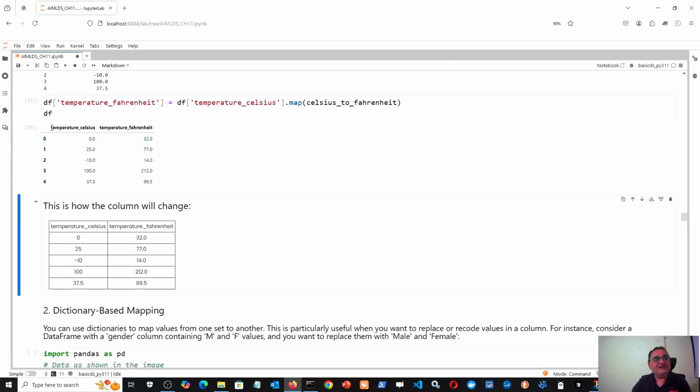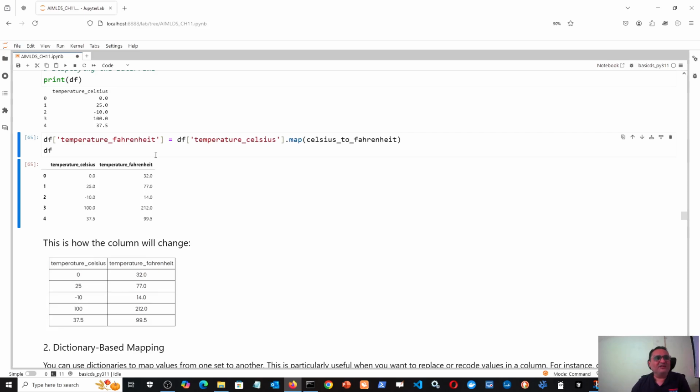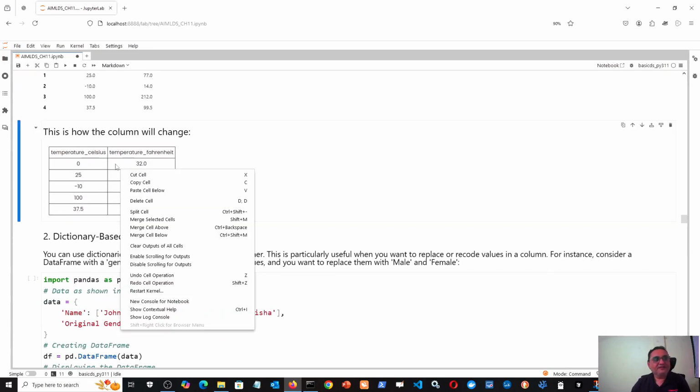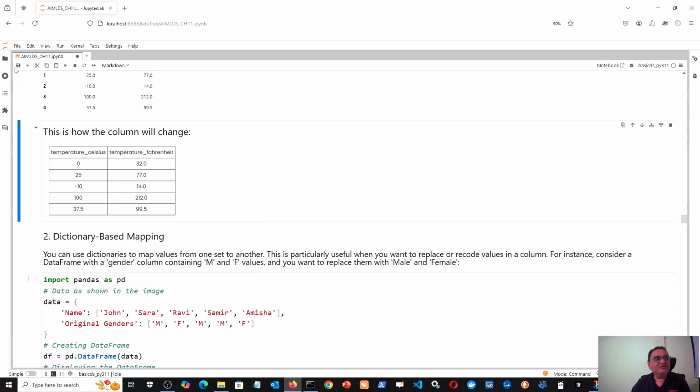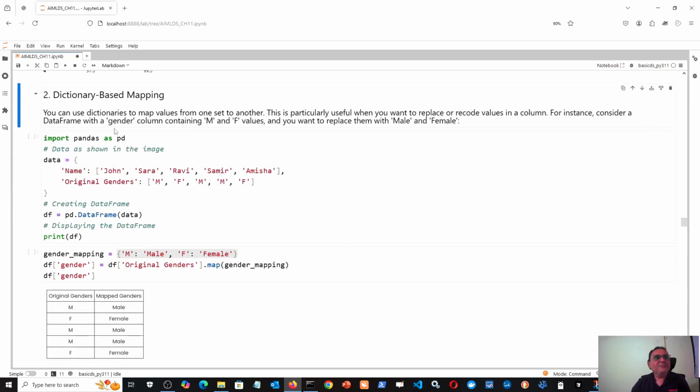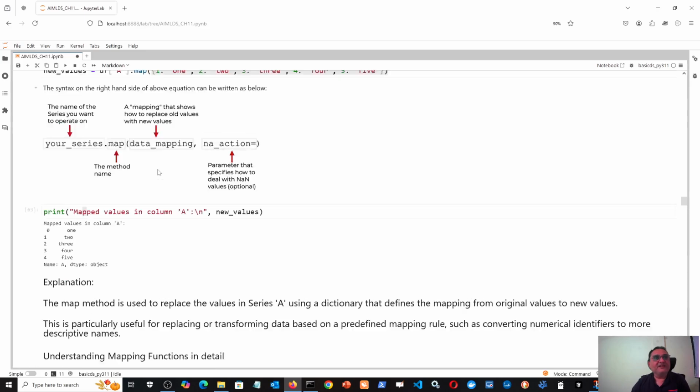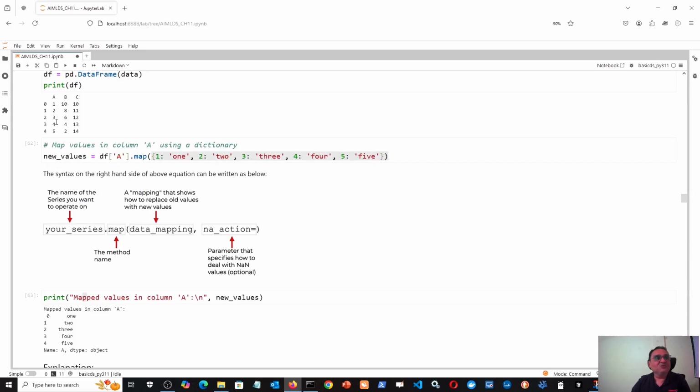Then you can understand easily now, and it is a nice table. So once you have done that, you will not have to calculate again and again. You can convert multiple temperatures, thousands of temperatures, in one go. And next time whenever you need Celsius to Fahrenheit, you just refer to your table. Okay, this is how your output column will change. So I'm deleting this now. There is no need of this. Then dictionary-based mapping that we have already done once